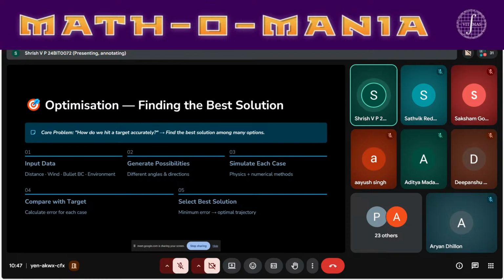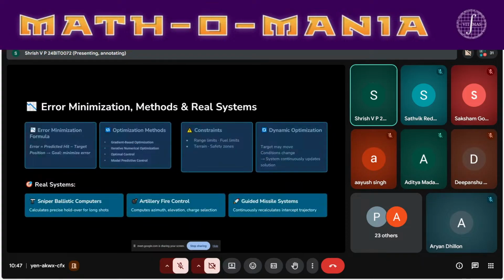The goal is to reduce this error to a very minimum value. So finally, the system chooses the option with the very minimum value. Next slide. Now, this slide shows you how to reduce this error that we have discussed before to a very